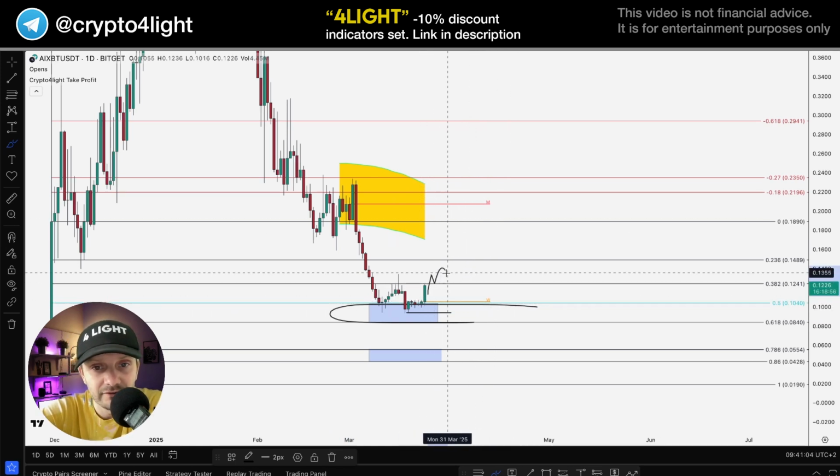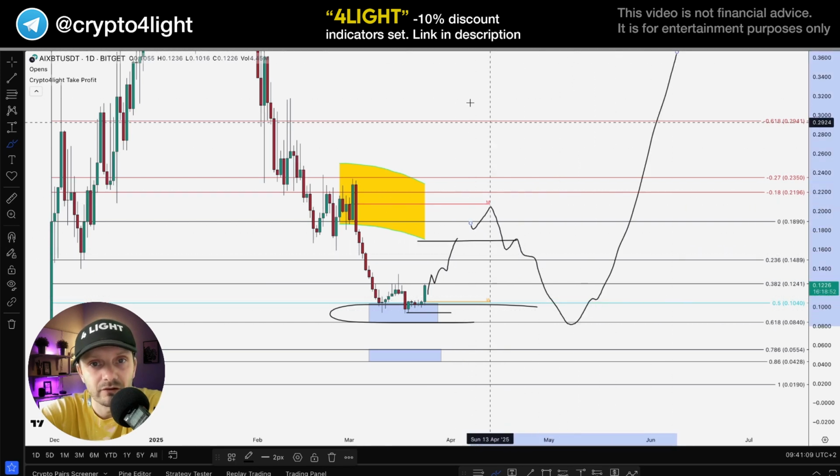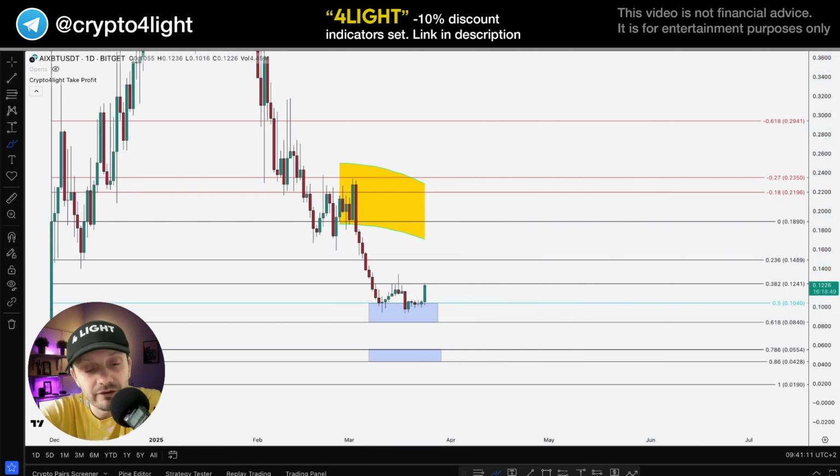So the target is here: retest and go higher. This is it, guys. If, of course, some news appears in the market now, some posts from Trump, yes, we can dump like this one. We can work with the zones. When you work with the zones,